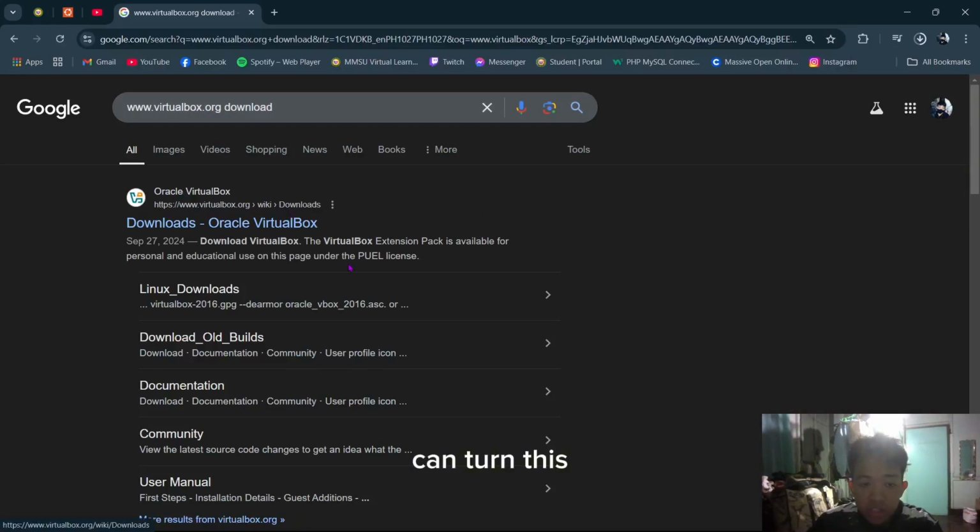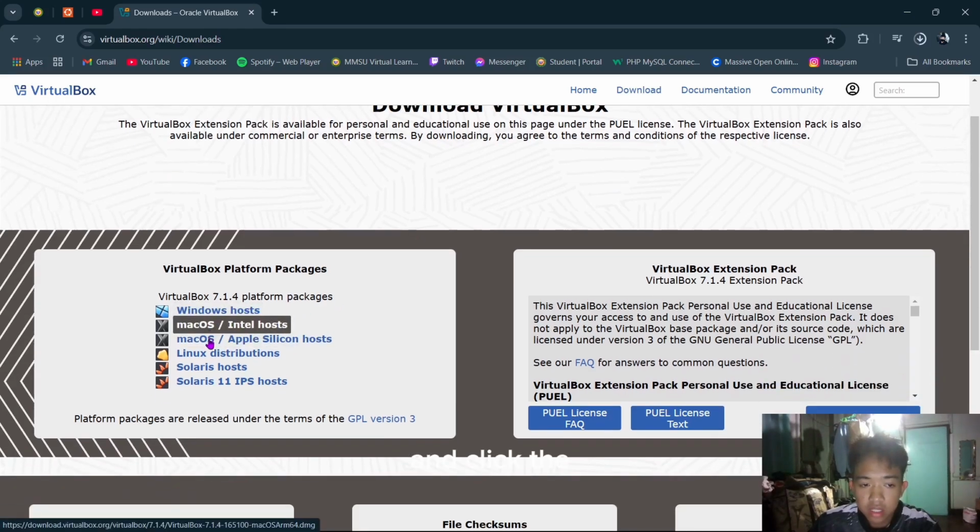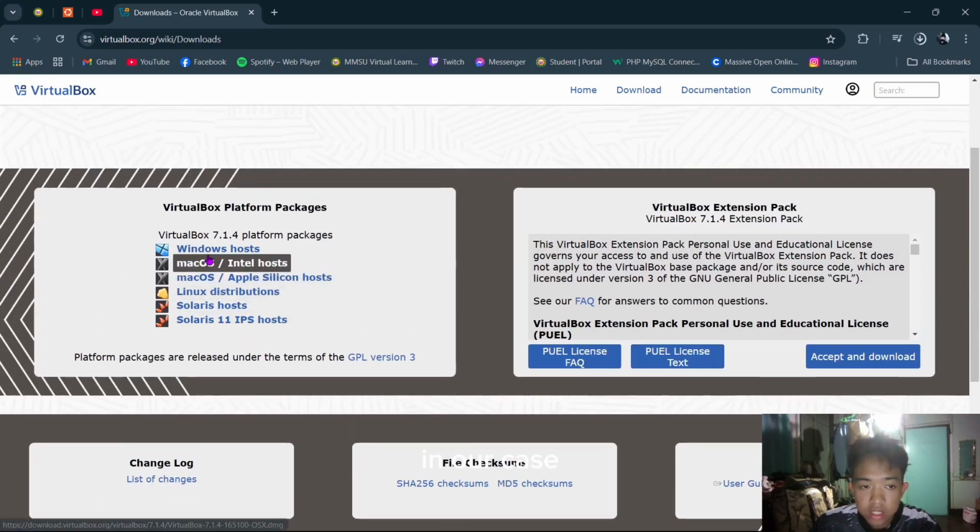Because we can't run this without a VirtualBox. We can't run Ubuntu without a VirtualBox. Press download and click the appropriate platform package, which is in our case Windows.